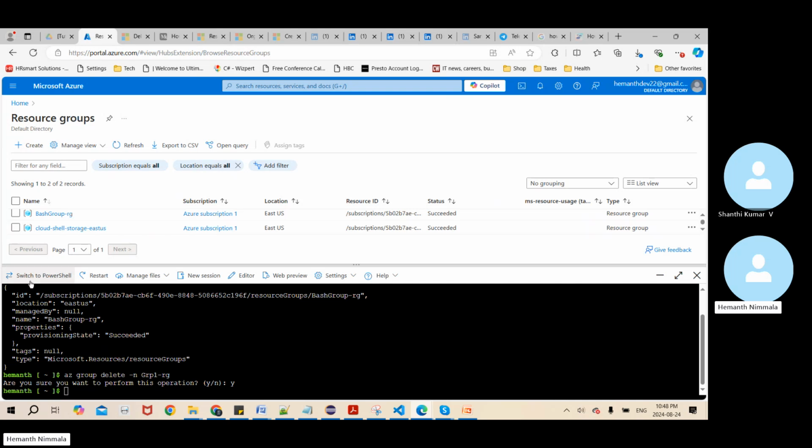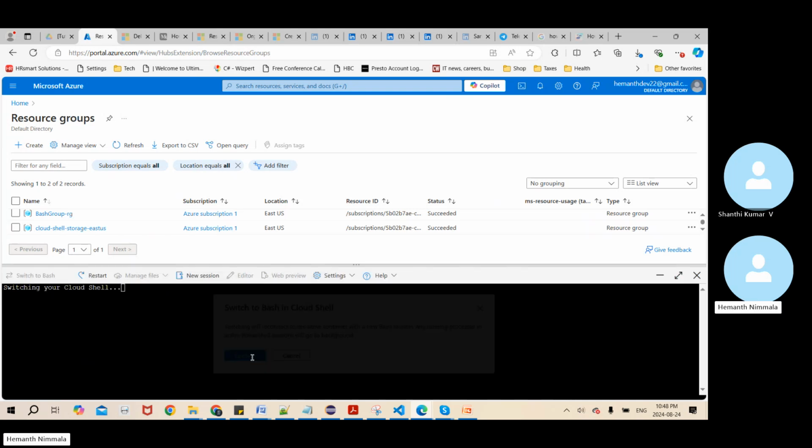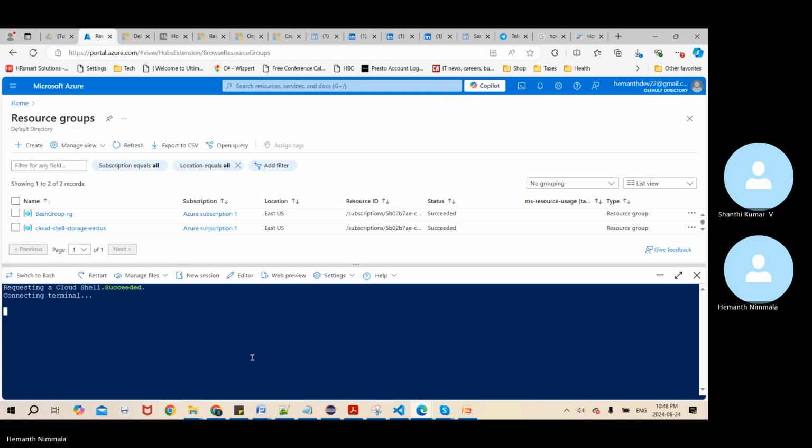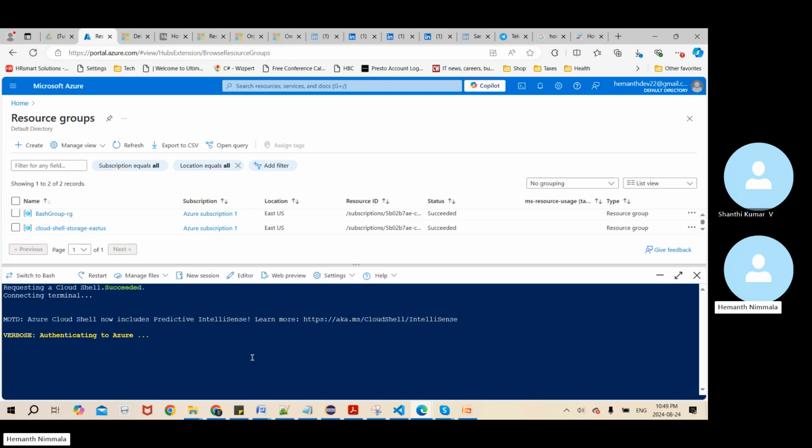Now let's switch to PowerShell and try creating a group here as well. So now the Cloud Shell connection has been established, and I can see the prompt. One good part about PowerShell is it has IntelliSense. That means you don't have to always remember the entire command. While you type, it will be able to help you